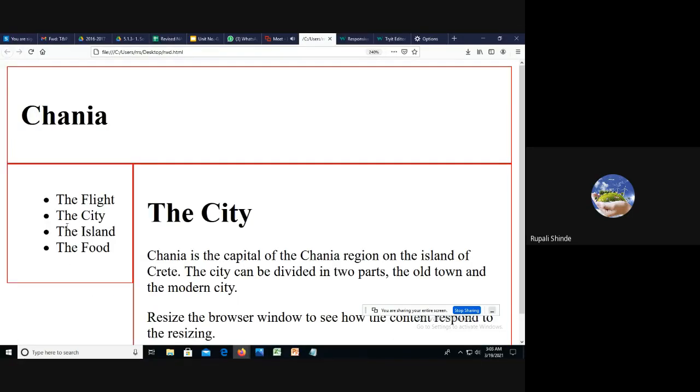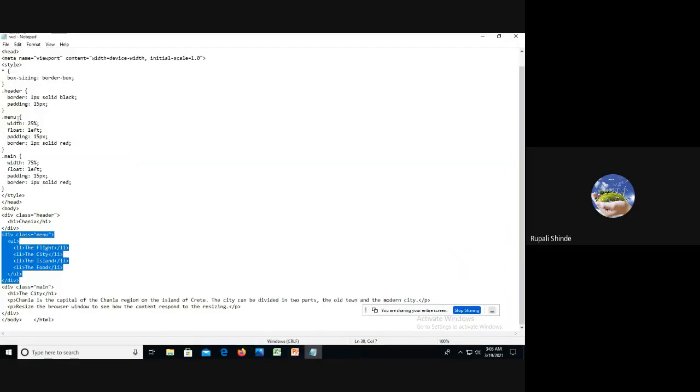This one, the flight, the city, then Iceland, the food, occurs at the left side of the browser because float is equal to left. If we specify here float right, then it will occur at the right hand side. Okay. Then we can specify any content here, no problem.